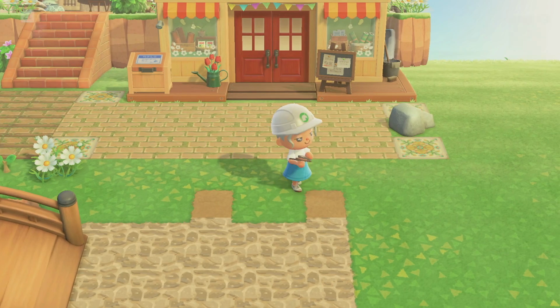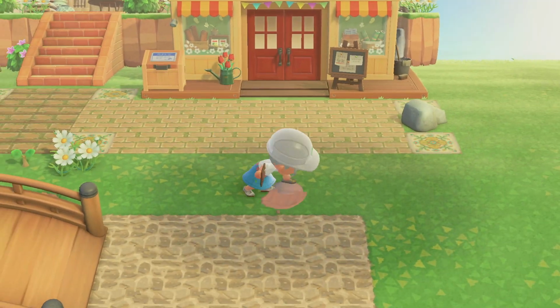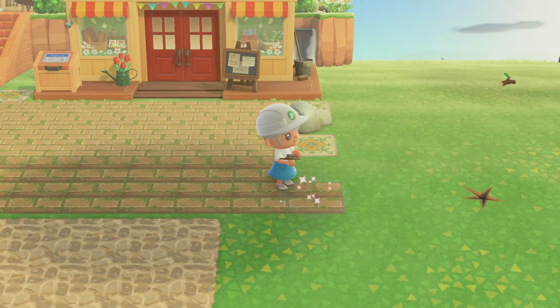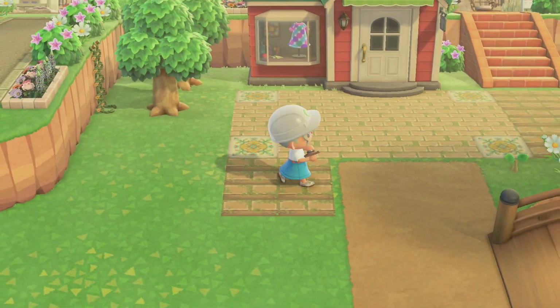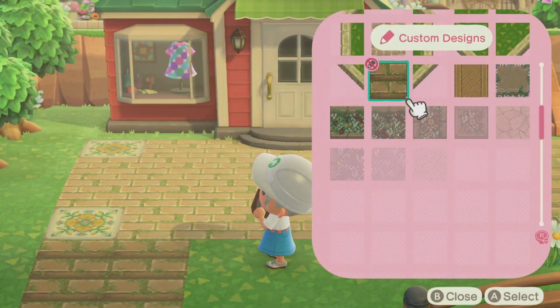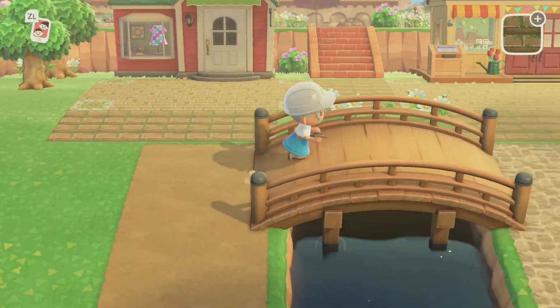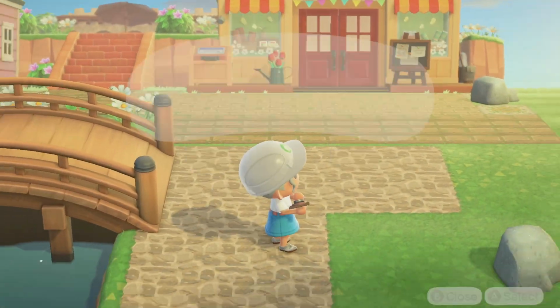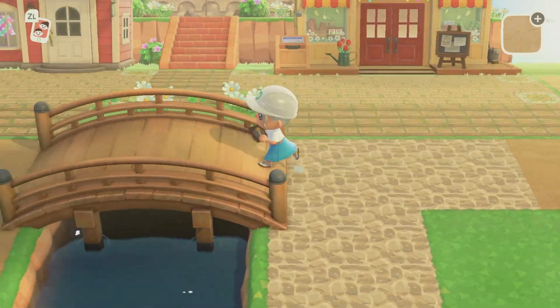Now I just figured out how I want to lay down this pathing. I'm going to take this brick step pathing and have it be the path that separates these two areas right here. So I'm making it so I can have it on each side of the bridge. I've mentioned this in my previous videos, but I do want to have this island be symmetrical in the areas that will allow it. So now I'm going to continue and fill in the rest of this pathing,